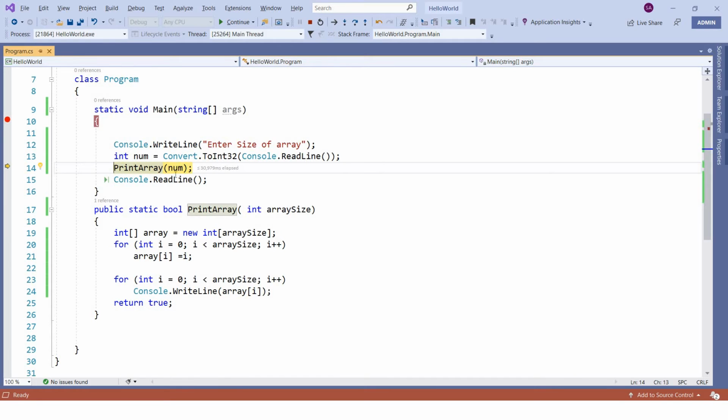Let's say you want to keep seeing those values. What you have to do is hover over it, come here and click on this pin icon, and this value will be shown till the end of the execution of the entire program. So whenever you want to see this value, you just look here and you'll come to know, okay, this is the value which the user has input. On top of that, you can also put some comment, so that let's say you're debugging your code, and later on you want to see what that value was, you can refer to some comment there. So have some comment: this is user input.